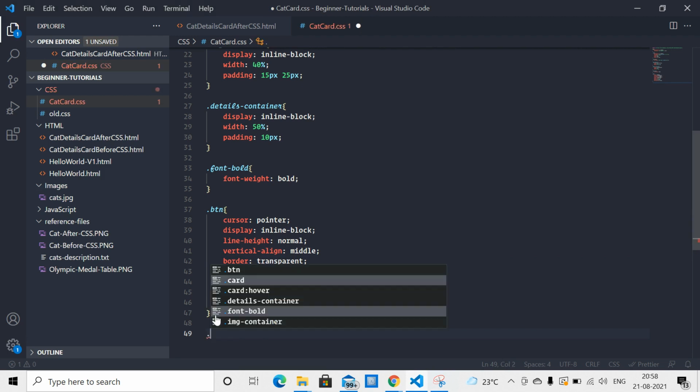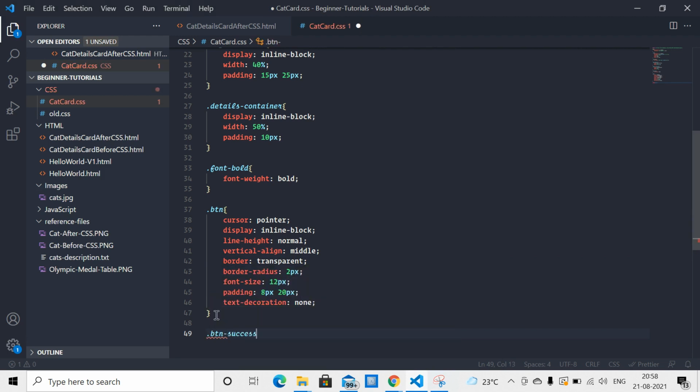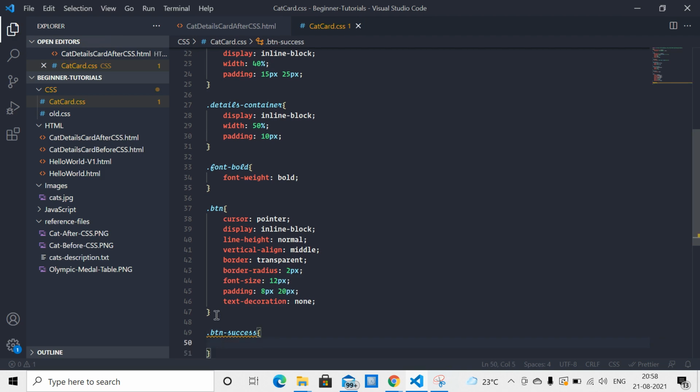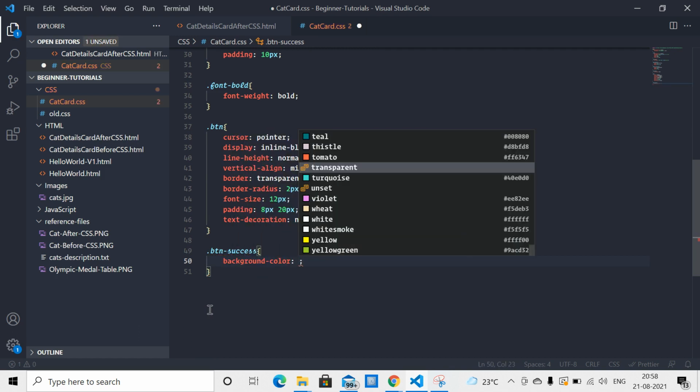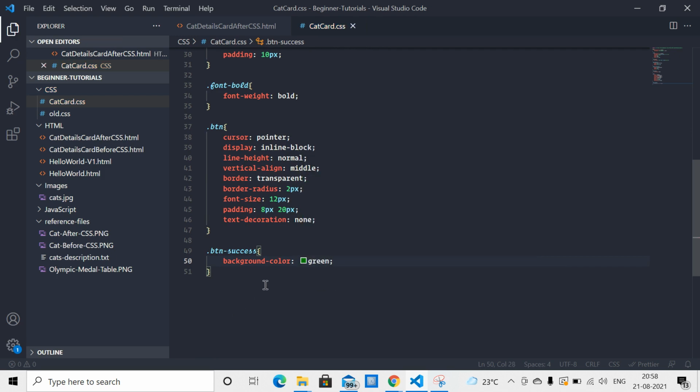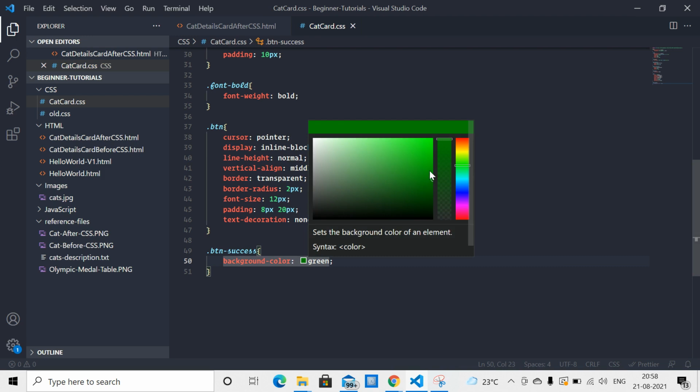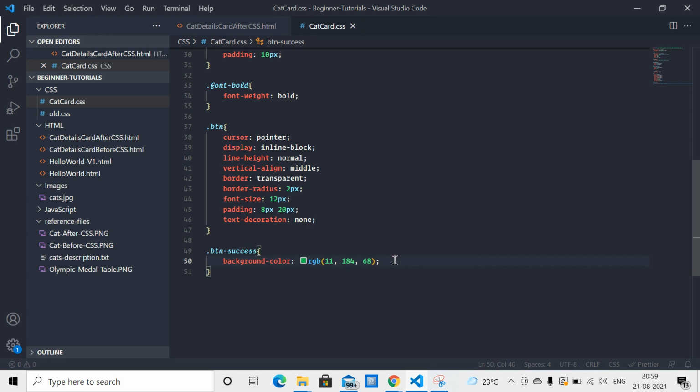Let's say btn success. So this class will be applied to the buy now button and it will have background color as, let's say, green. Yes, maybe we can pick from here as well. Maybe this kind of green I choose. Okay, and then the text within this will have